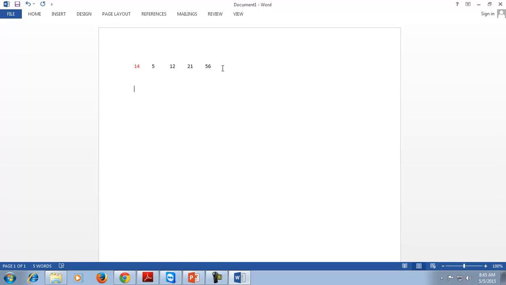All the values less than the pivot value will come at the left side of the pivot, and the values greater than the pivot will come at the right side of the pivot. For example, in this case, 5 is less than 14, 12 is also less than 14, then 21 and 56 are greater than 14. Then 14 will come at this place.